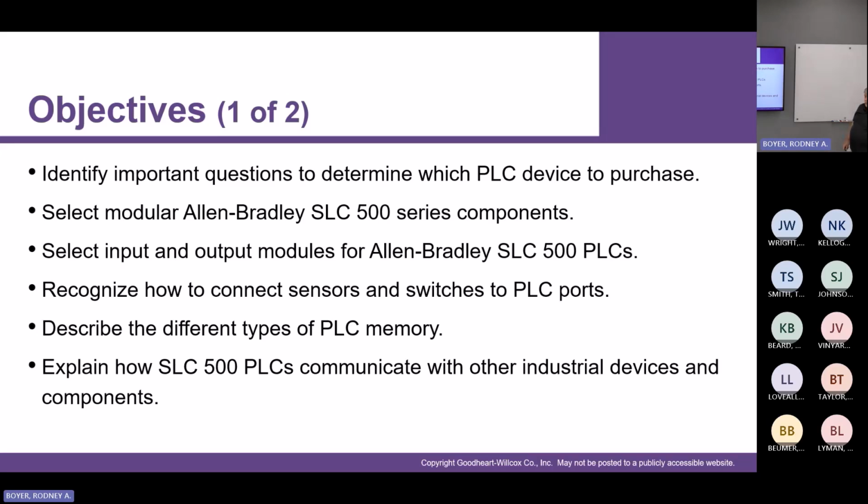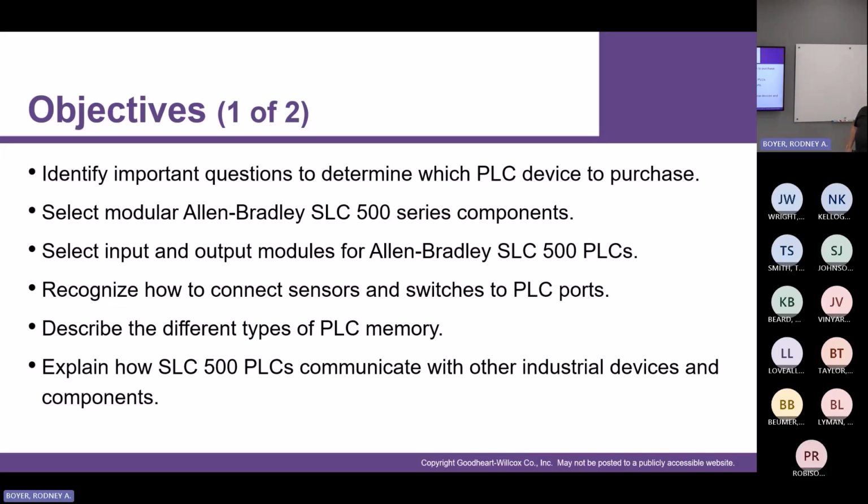Select modular Allen Bradley SLC 500 series components. Select input output modules for Allen Bradley SLC 500 PLCs. Nope. We're using MicroLogix 1400 in here, so